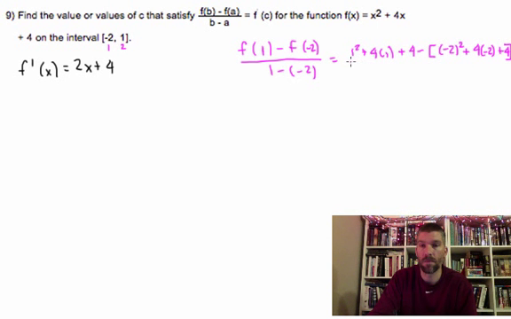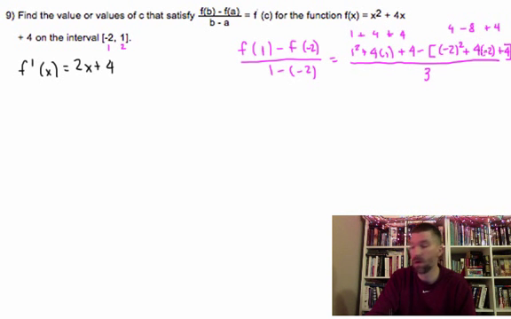All over 1 plus 2, which is 3. So I'm going to have 1 plus 4 plus 4 on the outside, and 4 minus 8 plus 4 on the inside. I'm going to double check my notes. Yep. And so what that gives me is 1 plus 4 plus 4, that's 9. 4 minus 8 plus 4, that's 0. So I'm going to end up with 9 divided by 3,